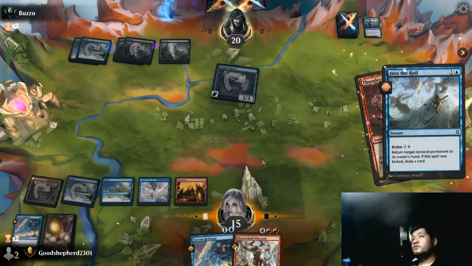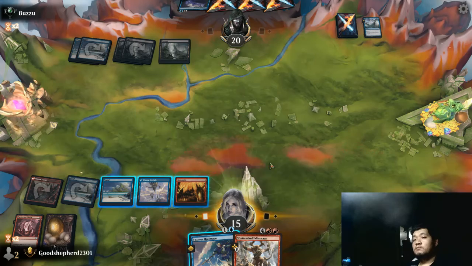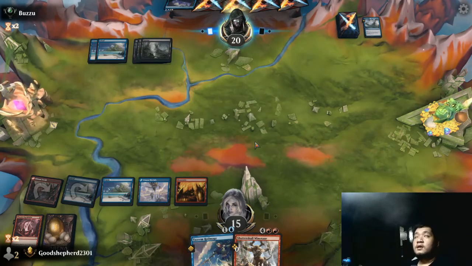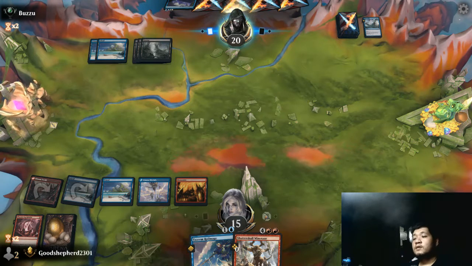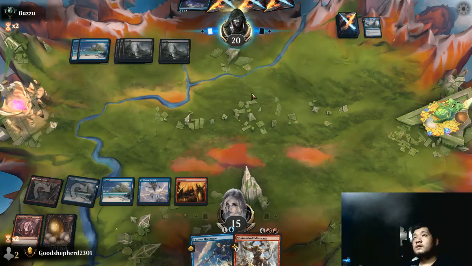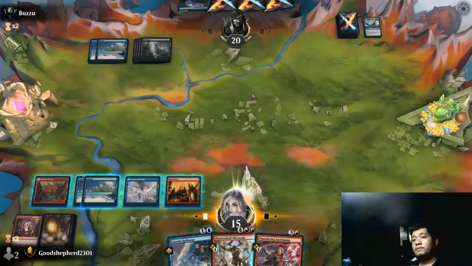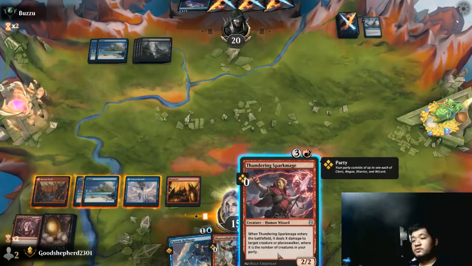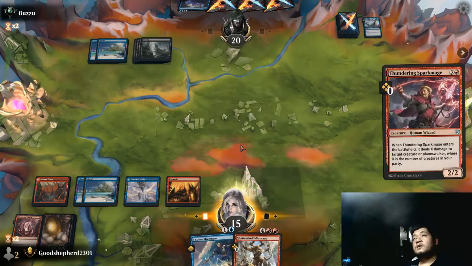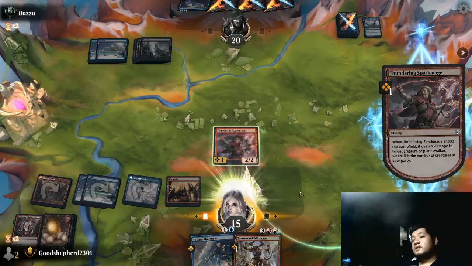Bubble Shield. Oh, into the Royal. Okay. I could play the Royal Mage now, but... Okay, at least this is a 5-4, so if our opponent's gonna hold up for this, they might drop something else, though. Thundering Spark Mage... Creature, Planeswalker... Let's play this first. At least...